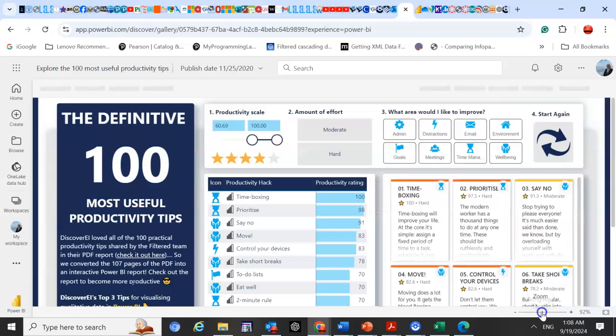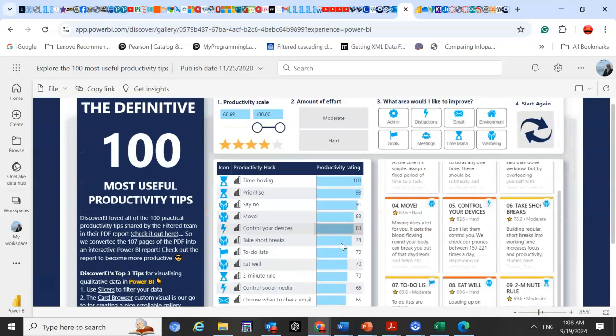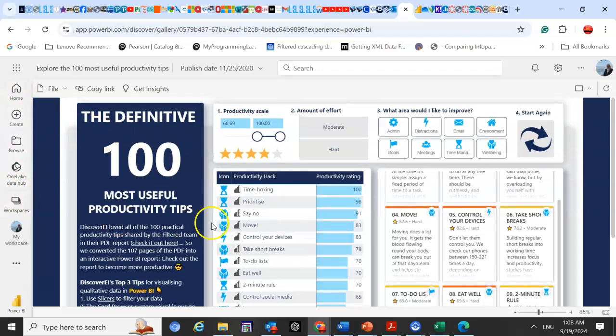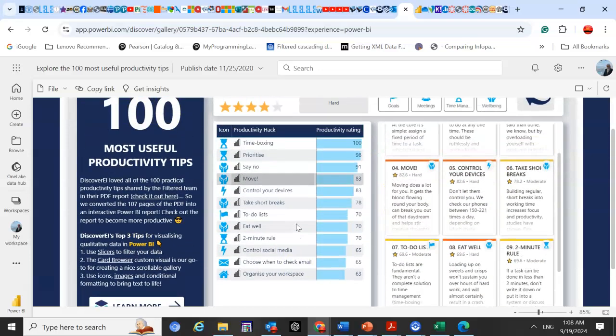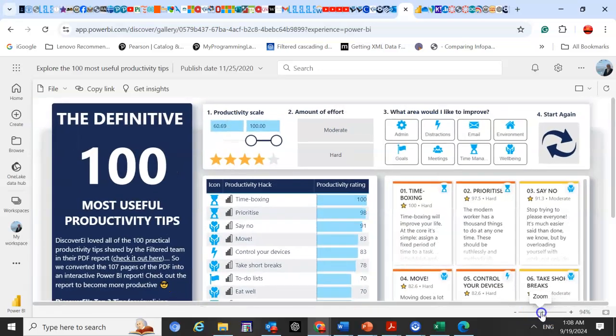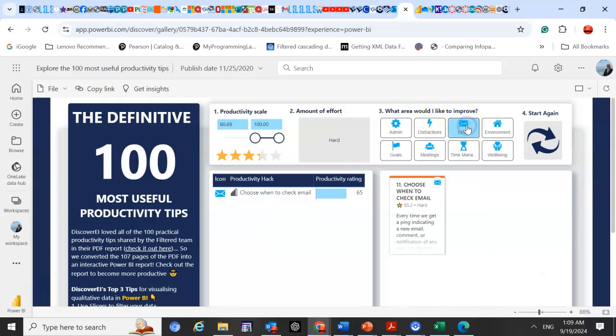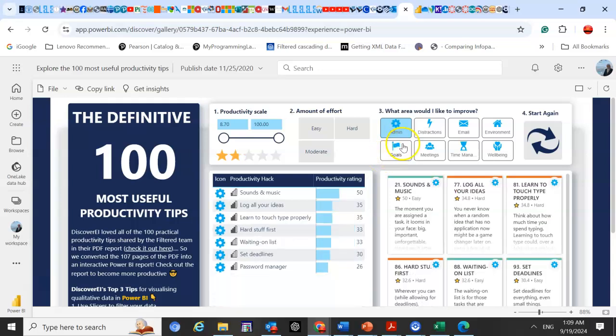I'm just going to zoom in so you have a better view. This report is an interactive dashboard built using the Power BI tool. It has an intelligence feature. So anyway, it's very interactive. Let's say I want to focus on what area I would like to improve. If I click on the email, it changes right away, and if I start again with the admin,